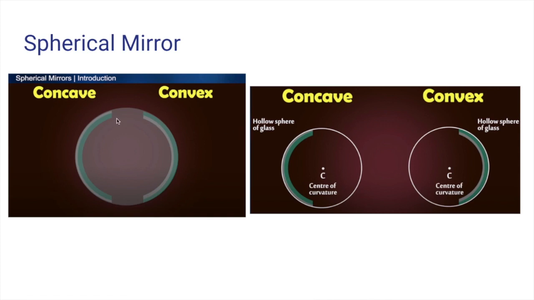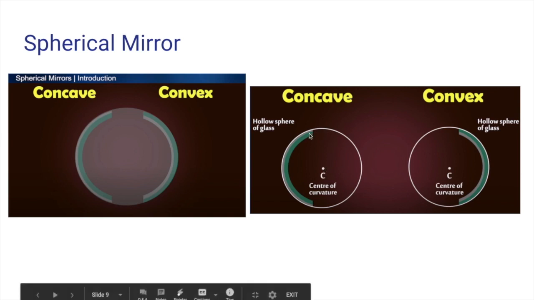When the hollow surface of the sphere is the reflecting surface where the light is falling, that is called the concave surface. When the light is falling on a bulged surface, then it's the convex surface. If you take a spoon, the side of the spoon from which you eat is the concave surface, but the opposite side of the spoon where it is bulged is the convex surface. Okay,